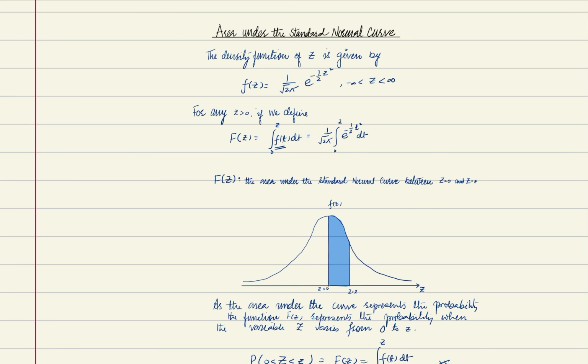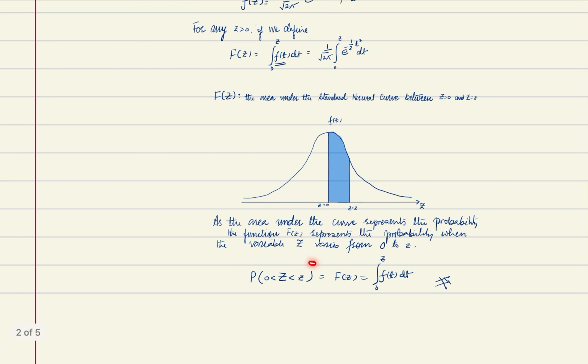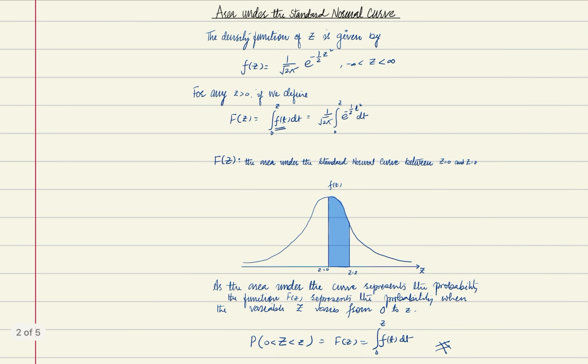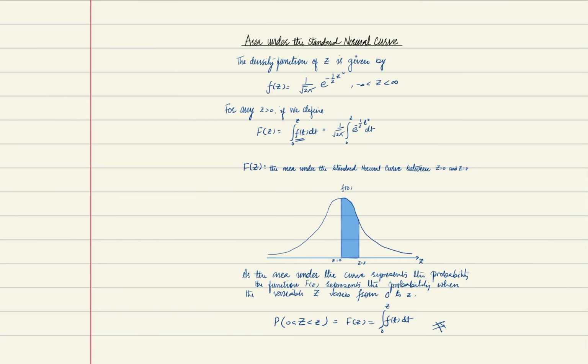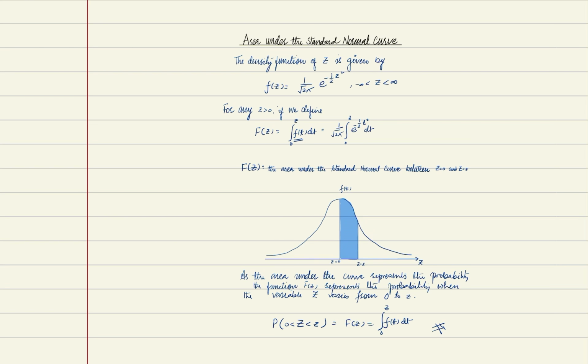So this will happen. Next, when we find the probability of any range, simply it will be an integral. Since the random variable here is continuous, we use an integral, not a summation. If it were a discrete distribution, we would have been using summation, not this. So hope you understand this. In this way, we calculate the area under the standard normal curve.